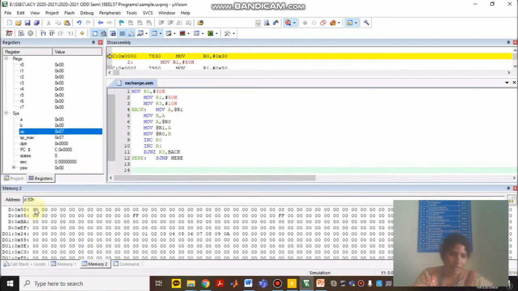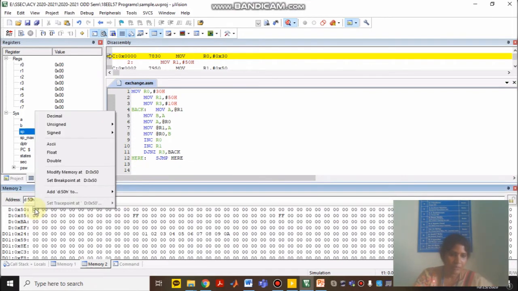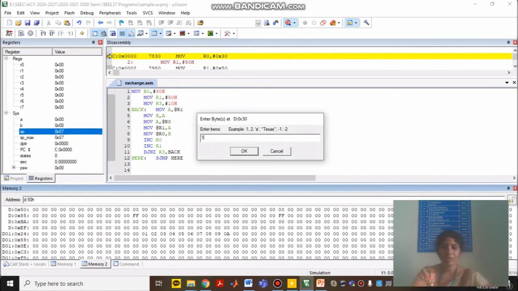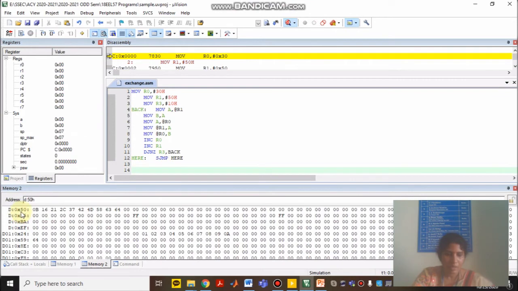Keep the pointer in this place, right click. After right click, go to modify memory. Then here you type the data. Press enter, give OK. When you give OK, the 50th location has been loaded with the data.